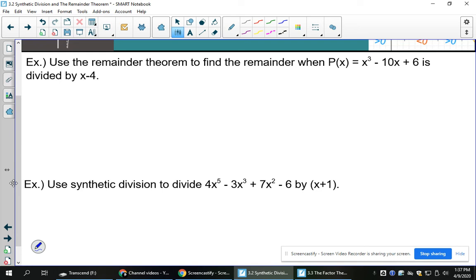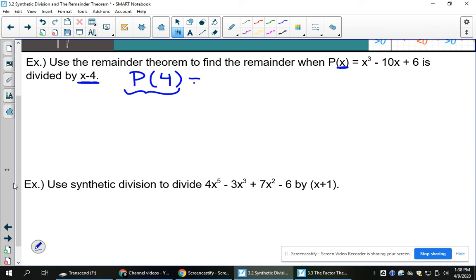The remainder theorem is going to be used in this one to see if you can divide x cubed minus 10x plus 6 by x minus 4. This is essentially a shortcut. You can absolutely do this by synthetic division and do the whole process, but with the remainder theorem, we can say that if we replace x with the root, which in this case would be, remember to switch the sign here, positive 4,